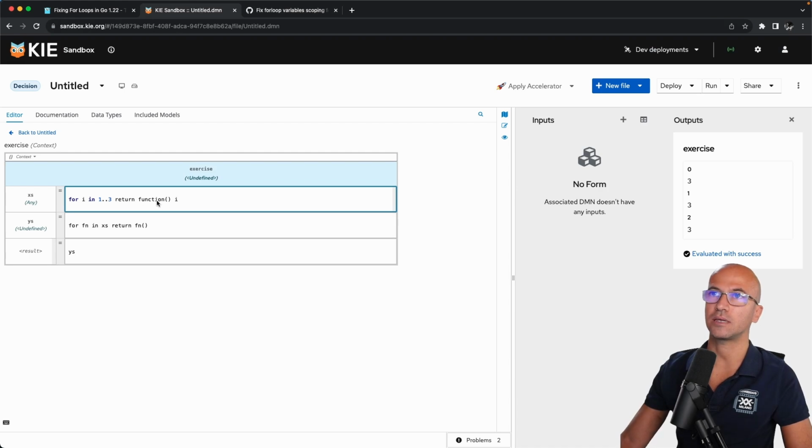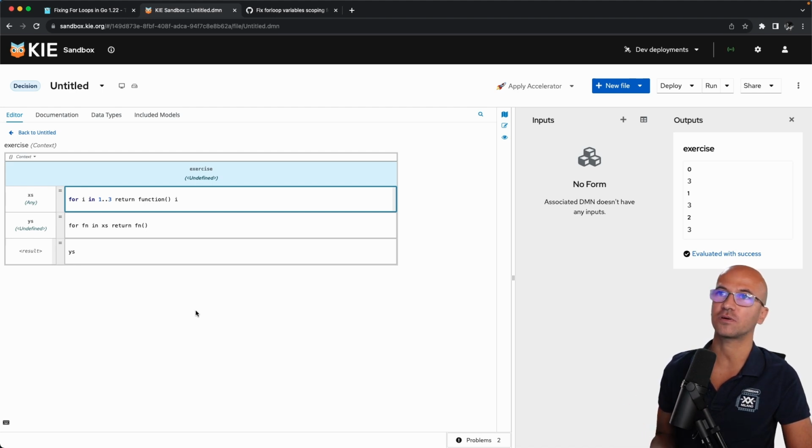So the closure here would capture the for loop variable scope at the iteration level, because this is what we are expecting, at least by the specification of FEEL. Now, indeed, I was not expecting to see a very similar problem, or these edge cases, in DMN FEEL.